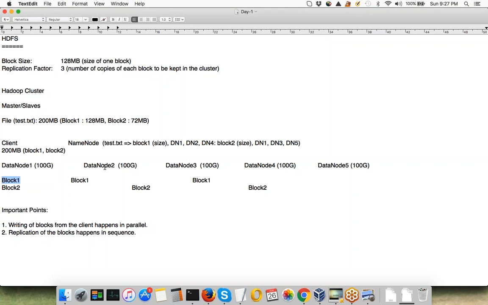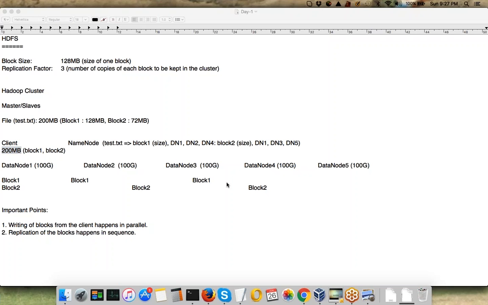So now, Nitin, I think you had a question about schema, right? When you are writing data, you just care about the size of the file, nothing else. What the contents of the file are, whether it's an audio file, a video file, an XML file, a text file, it doesn't matter. It'll just look at the size of the file, divide the file accordingly into a number of blocks, and then write those blocks in the cluster. That's it. I hope that's clear, guys.